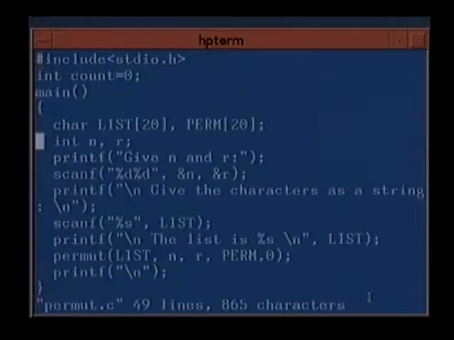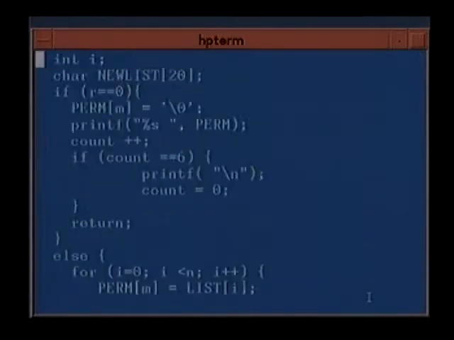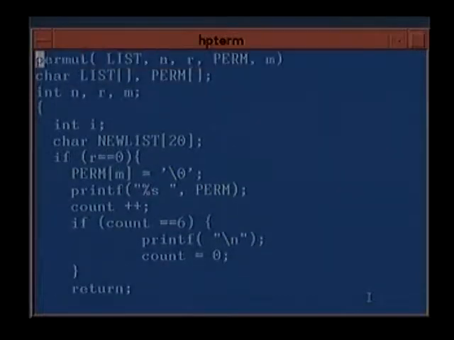If you want to see exactly how the program works, it is very important to print out the value of perm, the list perm, at every instance, and you will know exactly what are the steps of recursion. Suppose you have written this program and you want to understand how it works.